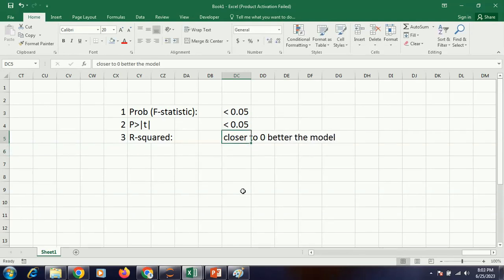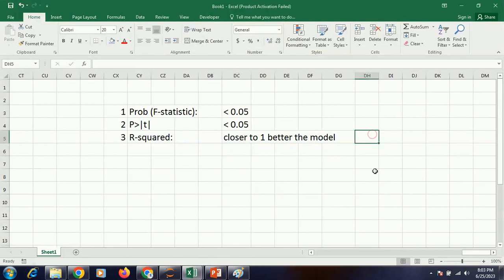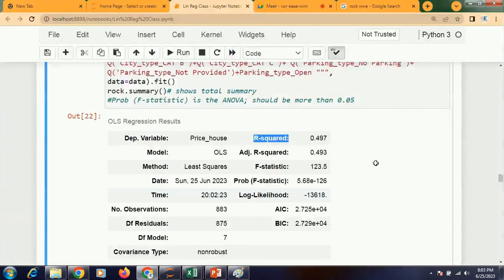I mean, I said just the opposite: closer to 1, better the model. If r square is 1, it means the best model. R square of 0 is the worst model. Now r square is 0.497, about 50%, which is a reasonably good model.